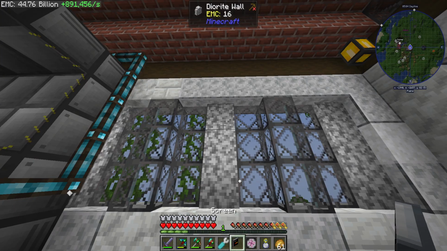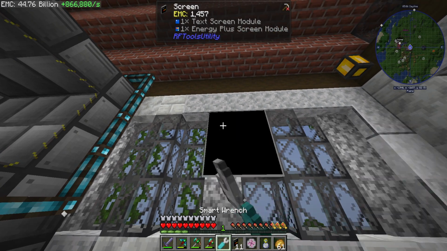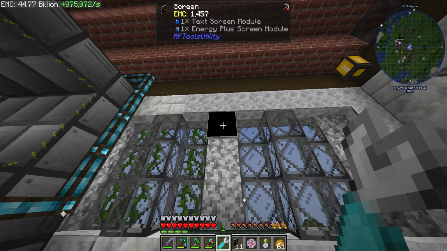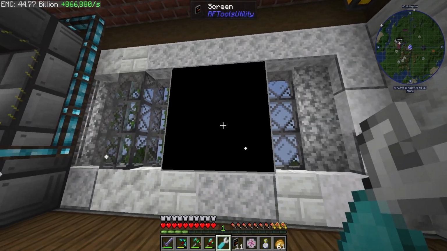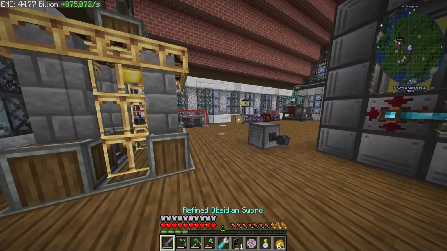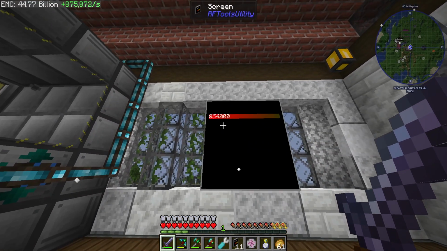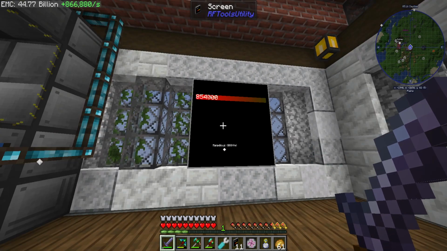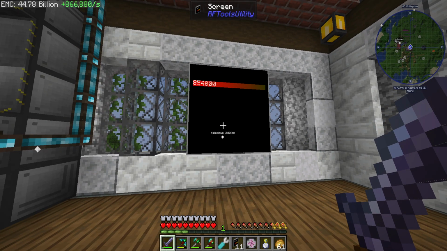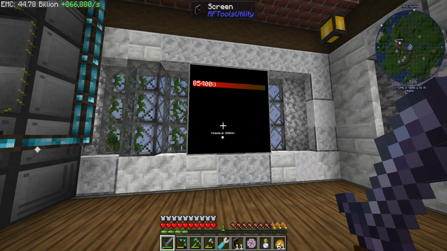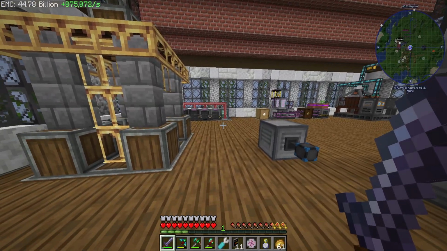So I can take this. Okay, so 3x3 is as big as it goes. So if I do this, scan. Okay. So I think because RF tools